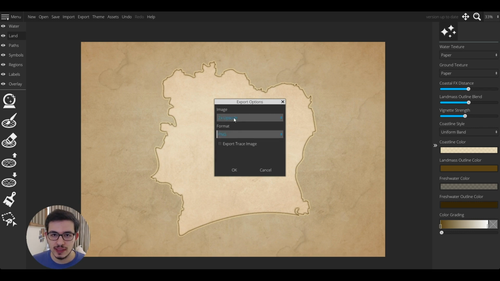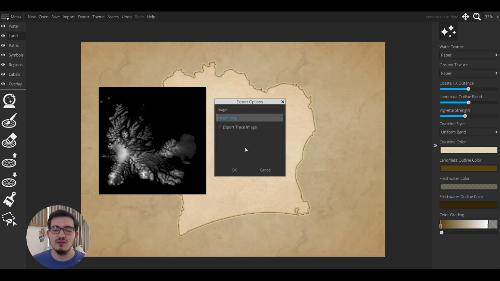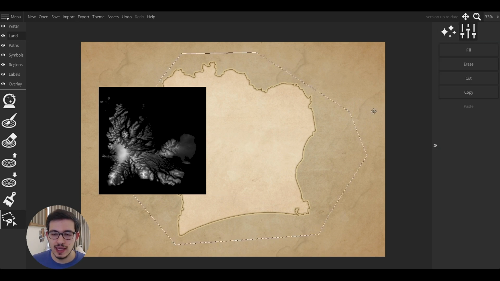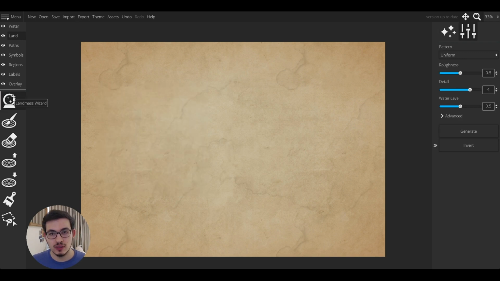Again, you can change the format. If you go with multiplane, Wonderdraft will export lands, mountains, water, etc. all separately. And if you go with height map, it will export the height map, but this doesn't really work well unless you have imported a proper height map or unless you used Wonderdraft to create a map for you on this part, which I will cover in the next episode. It's called Landmass Wizard and it creates random maps for you.